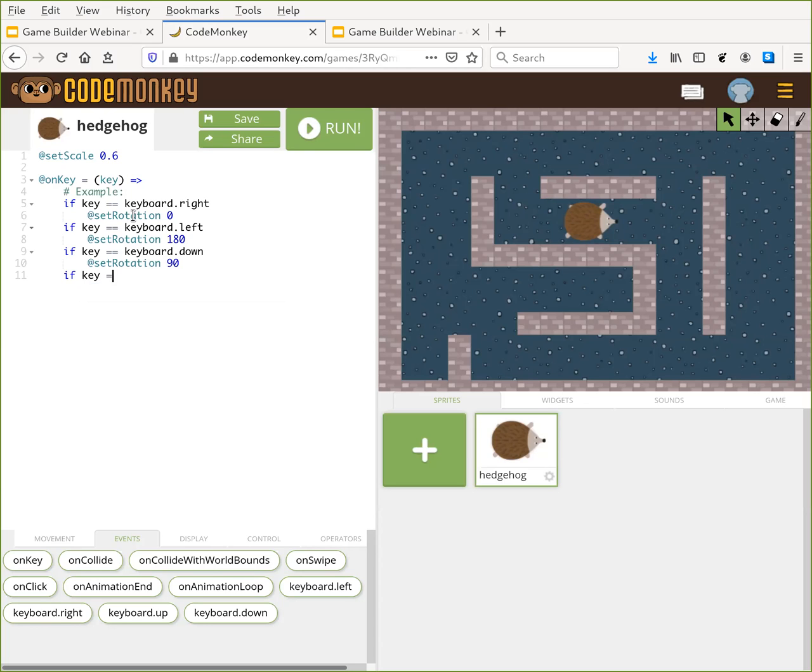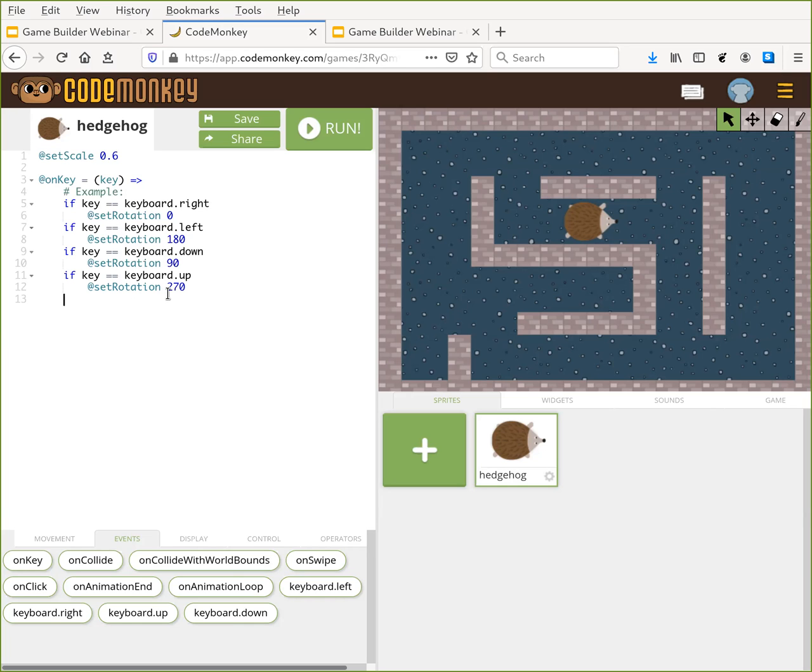And then, of course, we have to do up. So what would it be for up? And once again, Michelle has it, it's 270. So let me just double check. Sometimes when I'm writing this code, I forget it uses single equals, which makes things work not right at all, but I did use double equals everywhere. I think I spelled everything right.